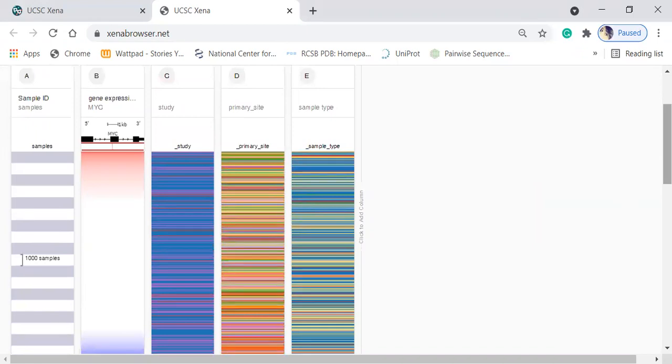Now, our goal is to see if the difference in gene expression occurs, with the normal sample having lower MYC expression.